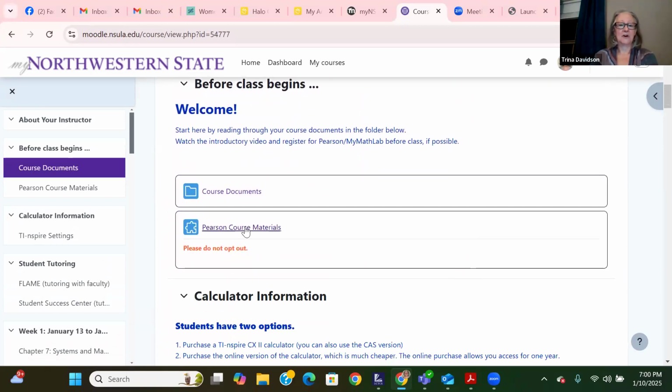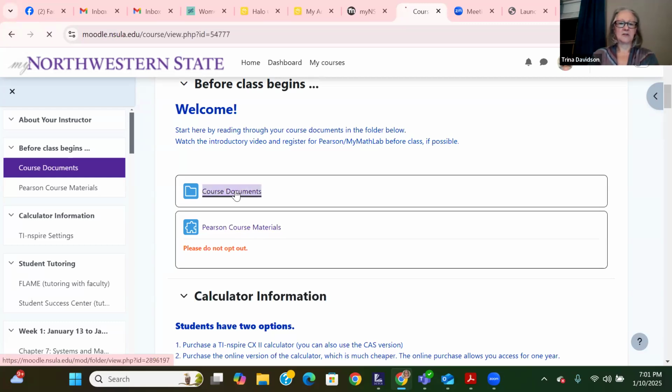If you are going to have to register for Pearson on your own, I would suggest you try and do it before class on Tuesday. That way, if you have any issues after class, I can address those. I don't think we had too many issues, but we did get the ones resolved. And if we have to meet later in the week via Zoom or something, I can do that with you guys. It's not a big deal.